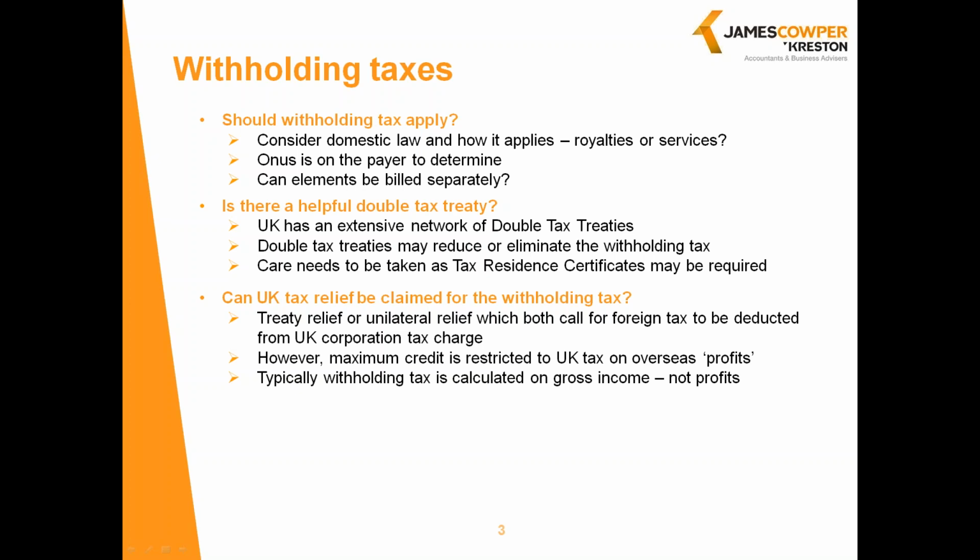If you find that your business is in the position where it has suffered withholding tax, the next consideration should be whether or not UK tax relief can be obtained for that cost suffered. This is known as double tax relief. In many circumstances, the UK tax relief will effectively reduce the corporation tax liability of the company. This reduction to UK corporation tax will often be the lower of the overseas tax suffered or the anticipated UK tax on the profit of the project which gave rise to the overseas tax.